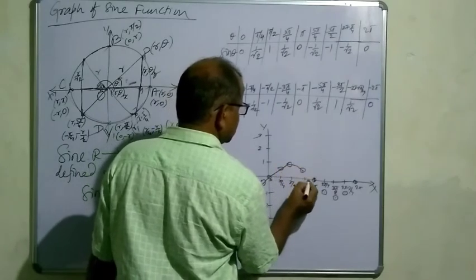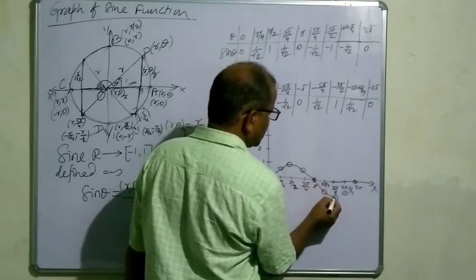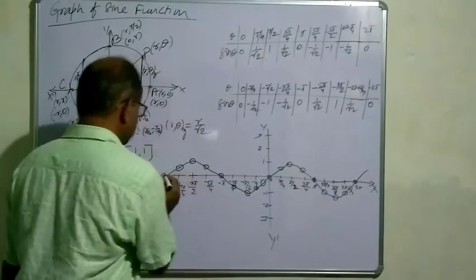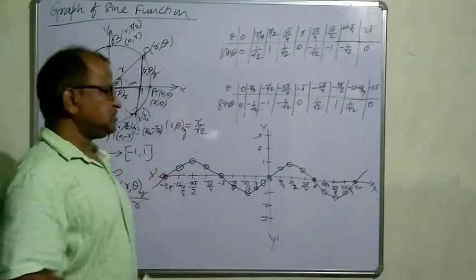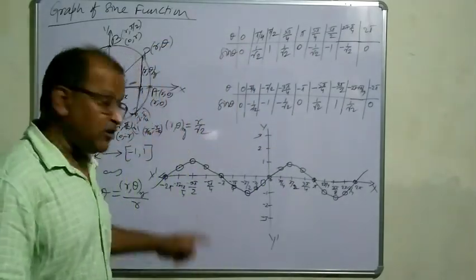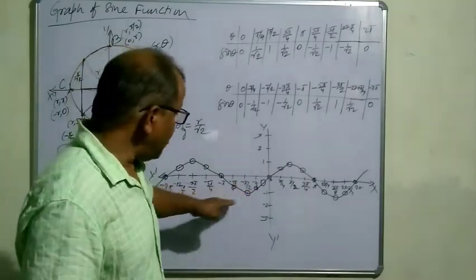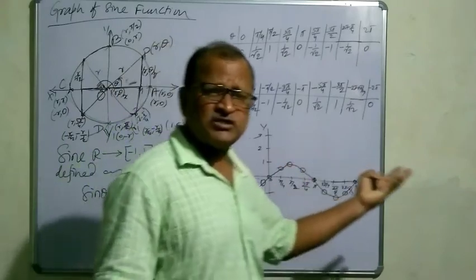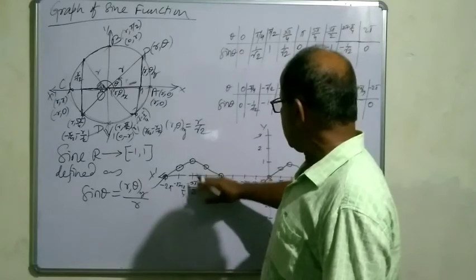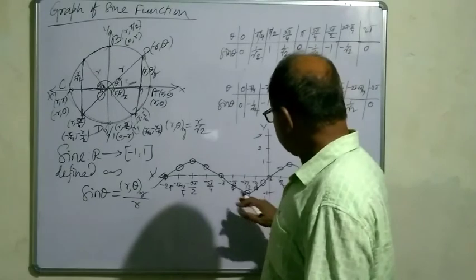Yes, just like a wave. It will move like this, and it will be like this. So this is your sine curve. You see, what can you observe about the sine curve? The graph of the sine function is symmetric about the x-axis as well as the y-axis. Yes, it is symmetric about the x-axis and also the y-axis, right? And it is just like a wave.